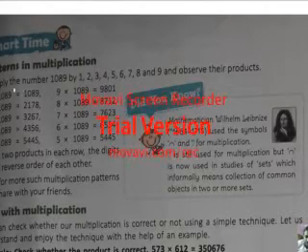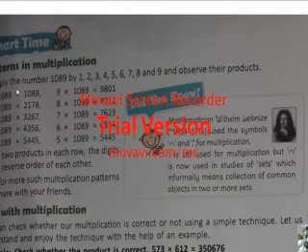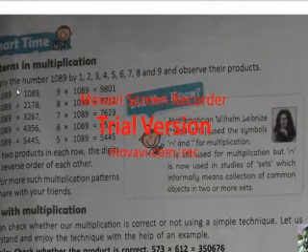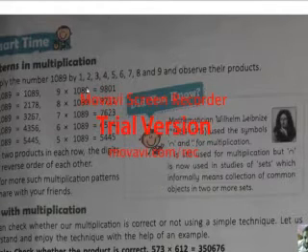So for this, if you will see, here it is, patterns in multiplication. Okay, last time if you remember, I had given you one such number. Actually, not I had given, it was in a book. There was one such number which when multiplied with any number after addition gives the highest number of 3 digits. That, if you remember, last time was in an activity. So this time also, there is an interesting number,